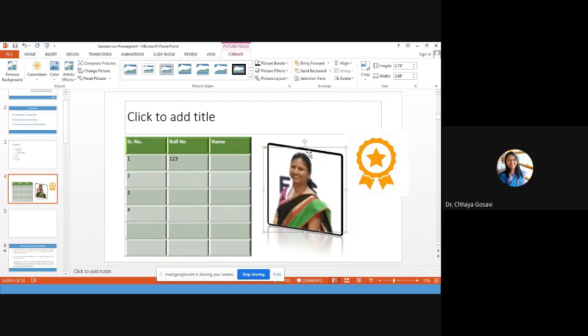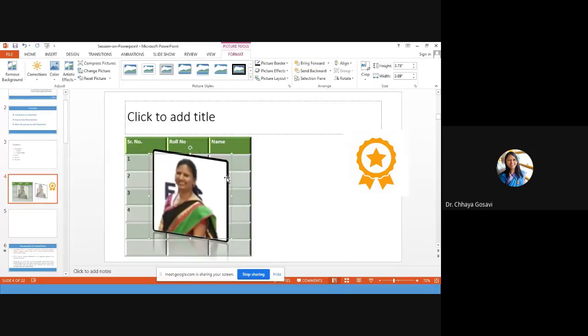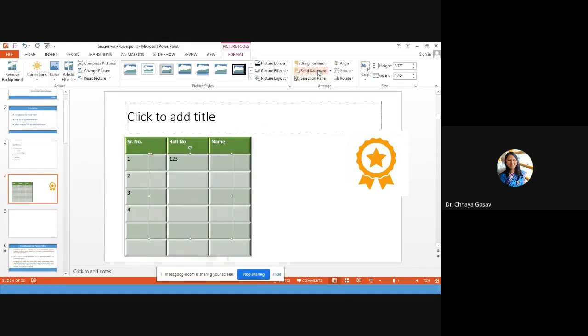Then if you kept it here, we have two overlapping objects, table and the picture, and you want the table to come to the front. So this is bring to front or send to back. If I send this backward, it is not visible. It is still there, but it is behind this table.